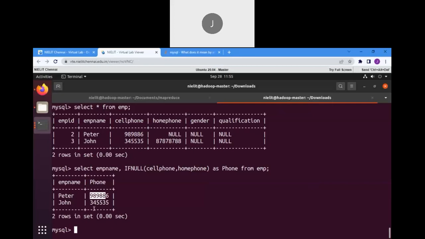Then I can directly take the number and call the person and ask about it. So this is one of the real-time scenarios where IFNULL can be useful. If you want to ignore the null values and take only the meaningful expressions from different columns, then you can use IFNULL. See here, for Peter, home phone is null, whereas cell phone has a value, so it gives the cell phone. But for John, cell phone is there, home phone is also there,